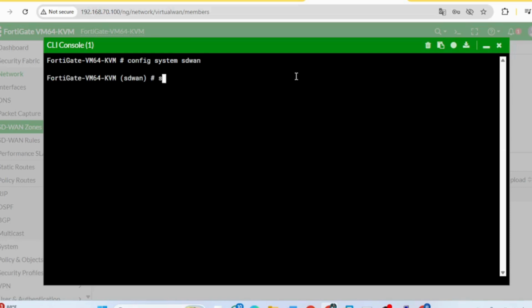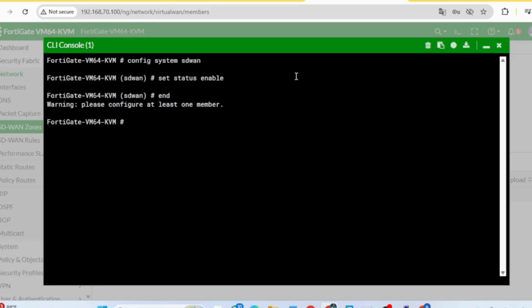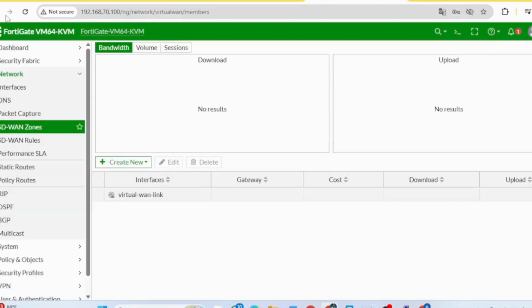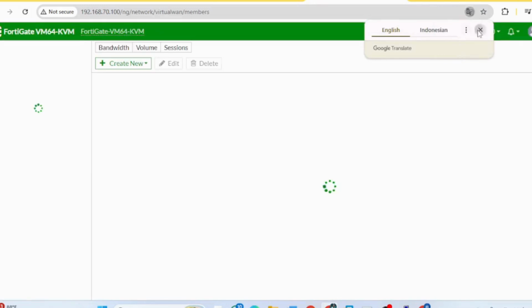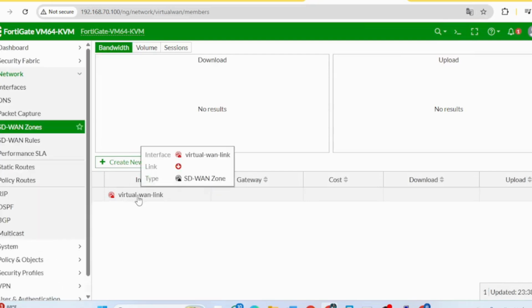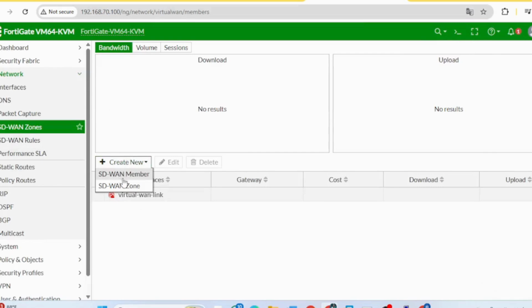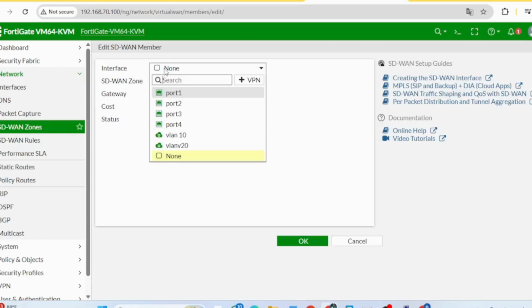After that, normally we can just refresh and it should be updated in the next one. Here we can go to the VLAN interface in the SD1 zones, and then we can change the gateway into the VLAN gateway.